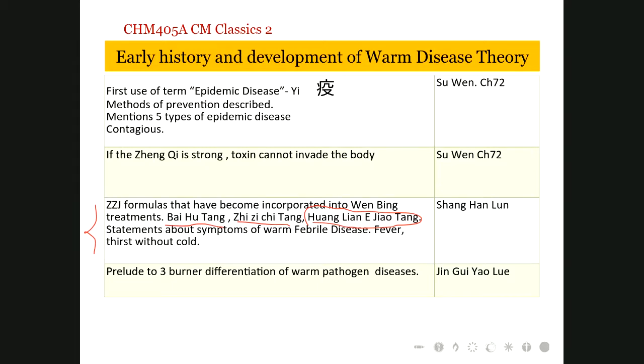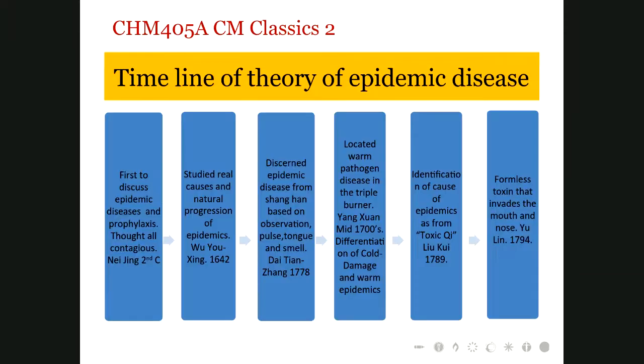Some of that we already learned from the internal classics, and some from different subjects you learned, like gynae or pediatrics, etc. And here is a specific timeline that tells us the specific theory developed for Wenbing and to deal with epidemic illness. First we discuss epidemic illness and the specific conditions happening during the Neijing's era. So let's discuss the illness and then keep going until the Qing dynasty later.